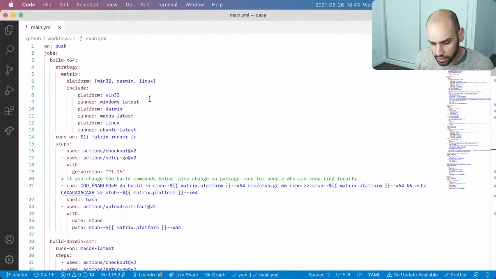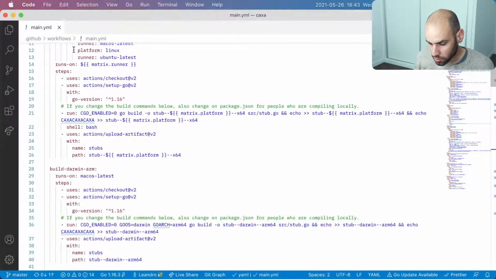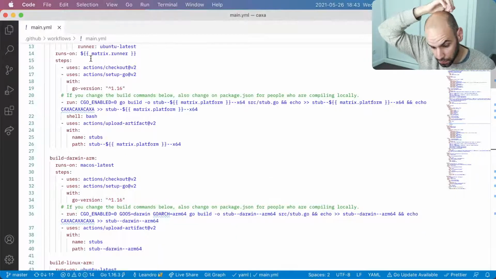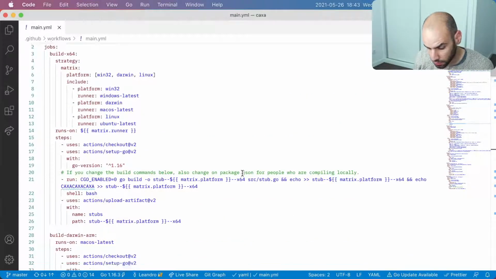Now let's look at the GitHub workflow, the GitHub Actions configuration, to check that everything is correct and fix some of the issues, like this issue. So on the build parts, I don't think we have to change anything.